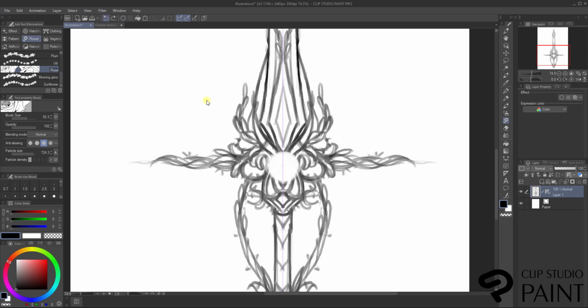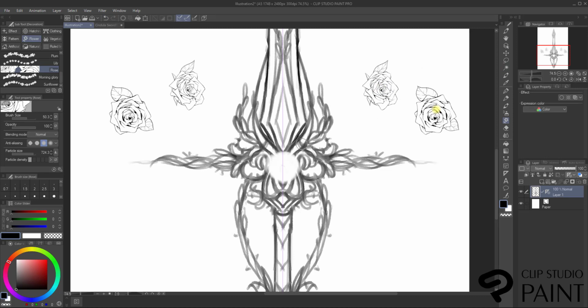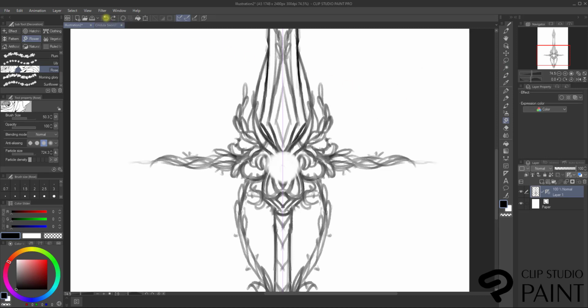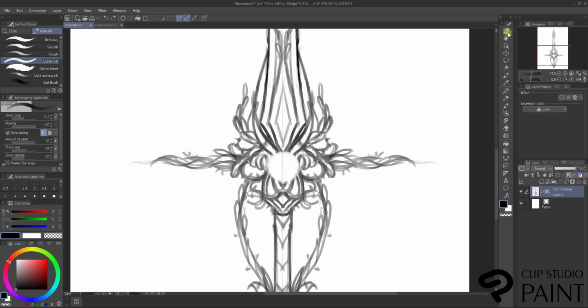There, for example. There, that's perfect. That's literally what we need. But you can also use this as a reference for yourself. You create some roses and then you copy them in the center. You could also do that. I'm going back to my tool,